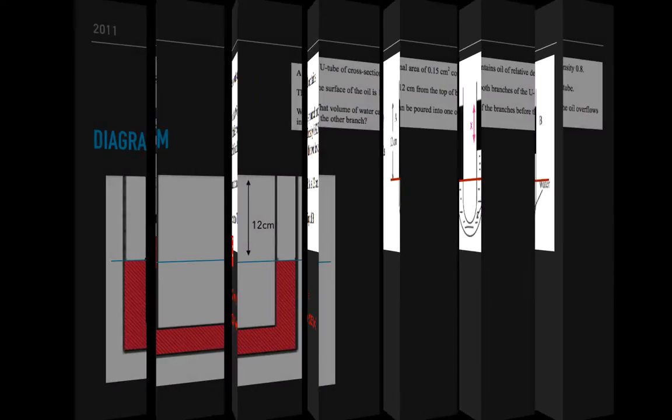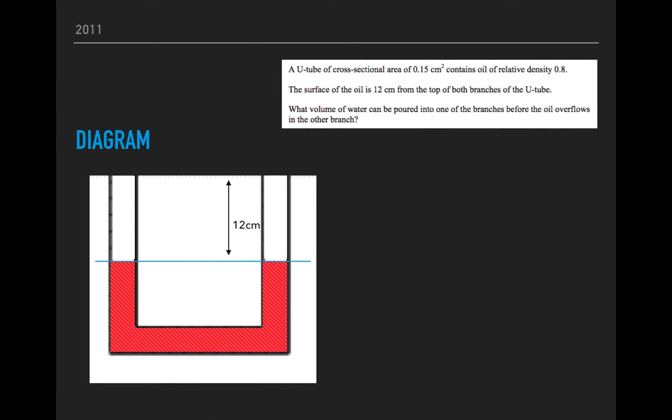Second question, 2011. So we read through it. A U-tube of cross-sectional area 0.15 contains oil of relative density 0.8. The surface of the oil is 12 centimeters from the top of both branches of the U-tube. So my diagram there shows the reference level whereby the liquid in both tubes is the same at the highest point. We're then told what volume of water can be poured into one of the branches before the oil overflows